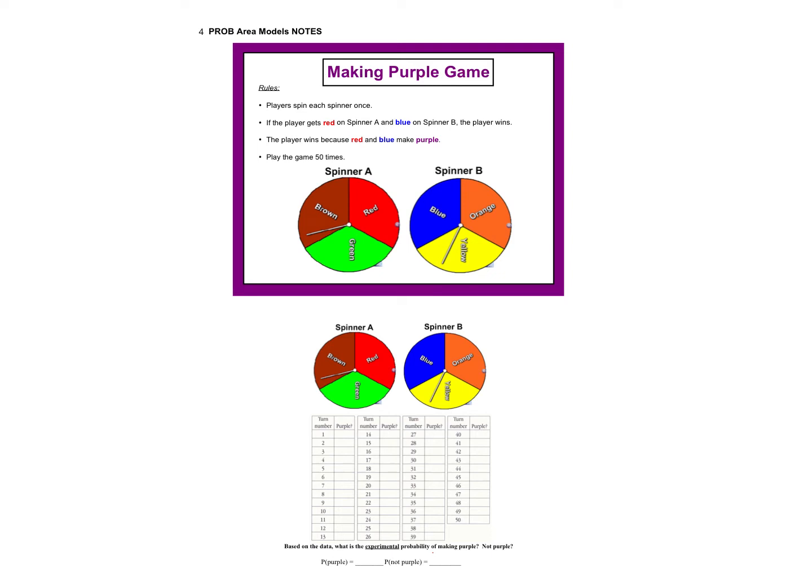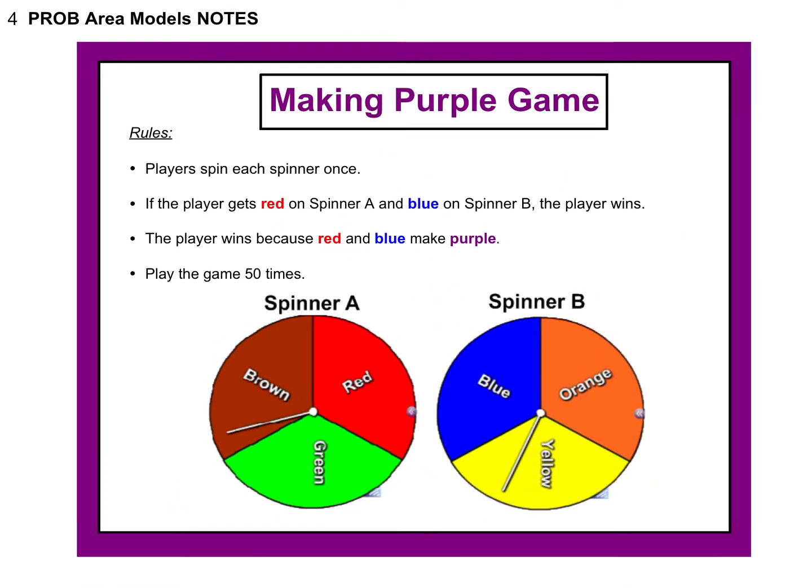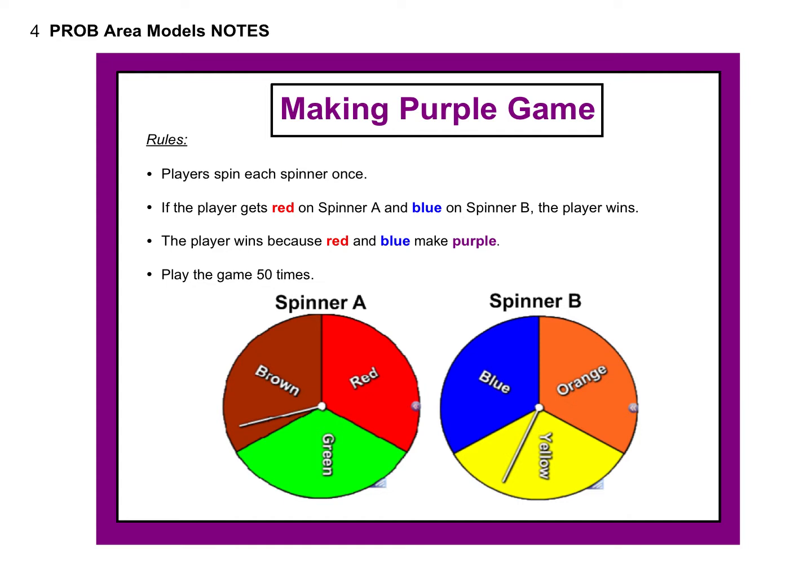This goes with lesson 4 in the probability unit. It's called Area Models, and we start out with a game called Making Purple. We have 2 spinners, and the way to make purple, if you know colors, is to mix red and blue. So you win the game if you make purple by spinning a red on spinner A and a blue on